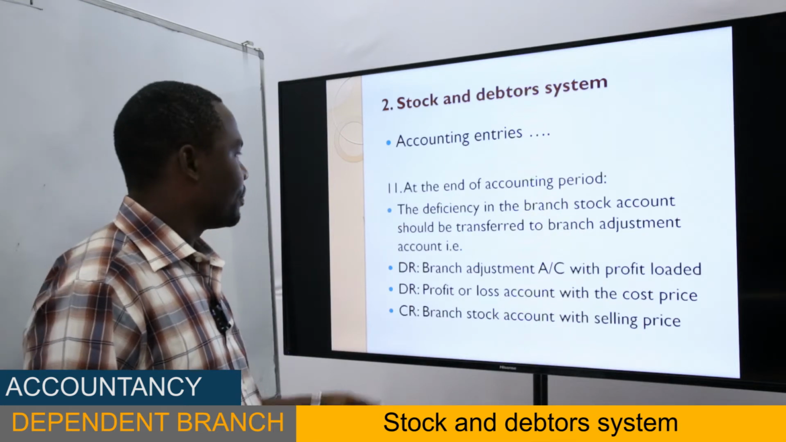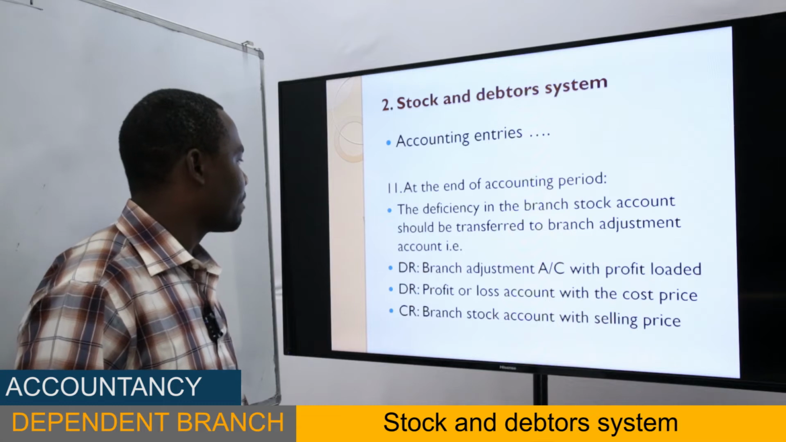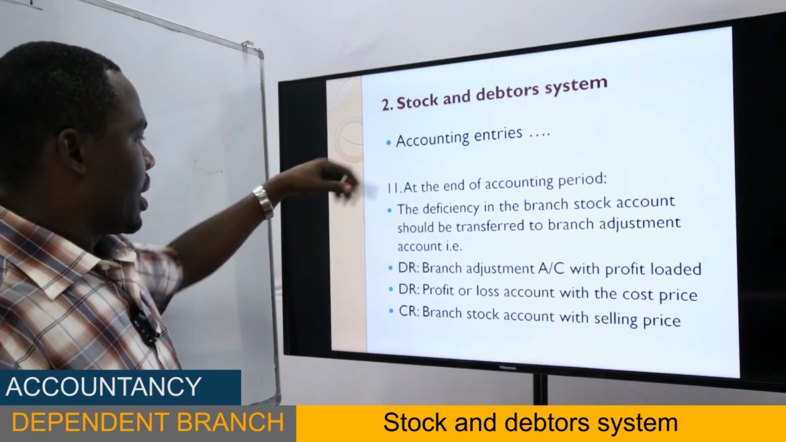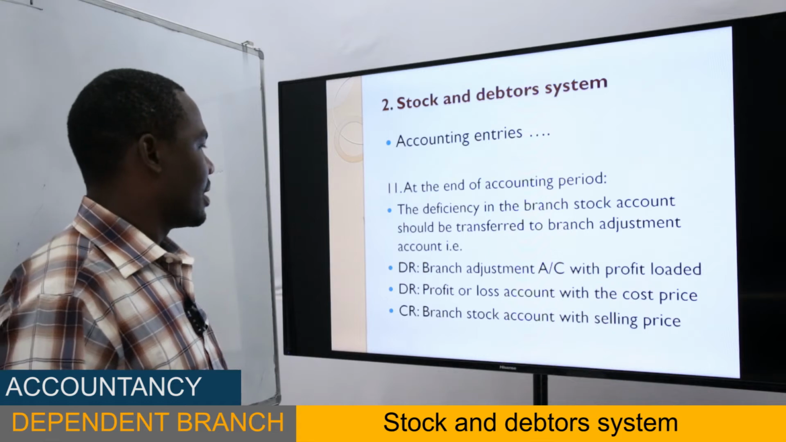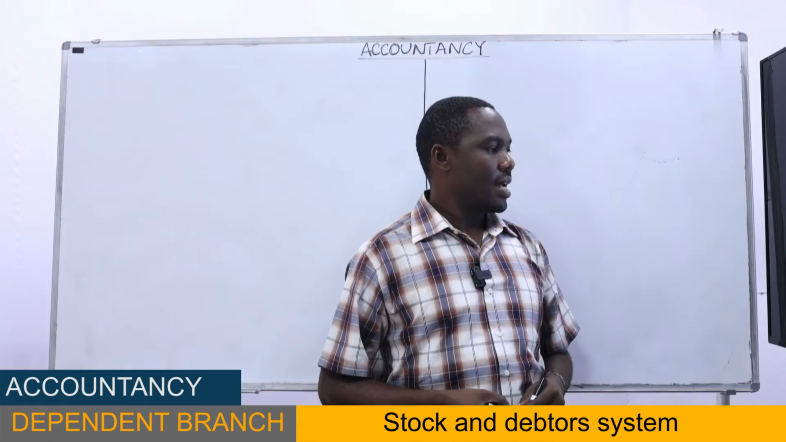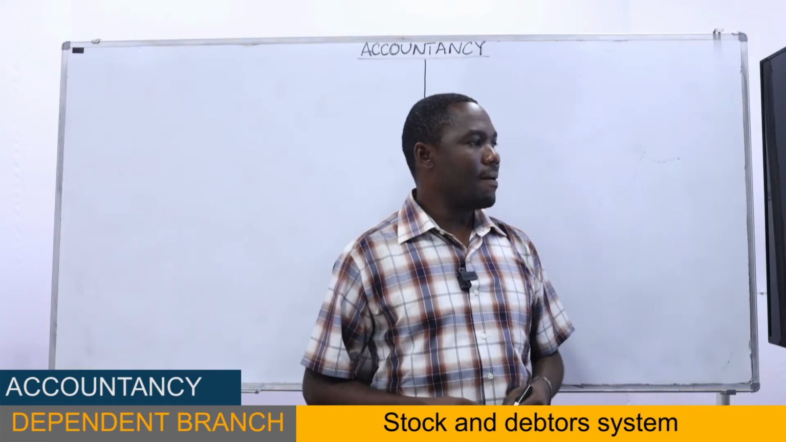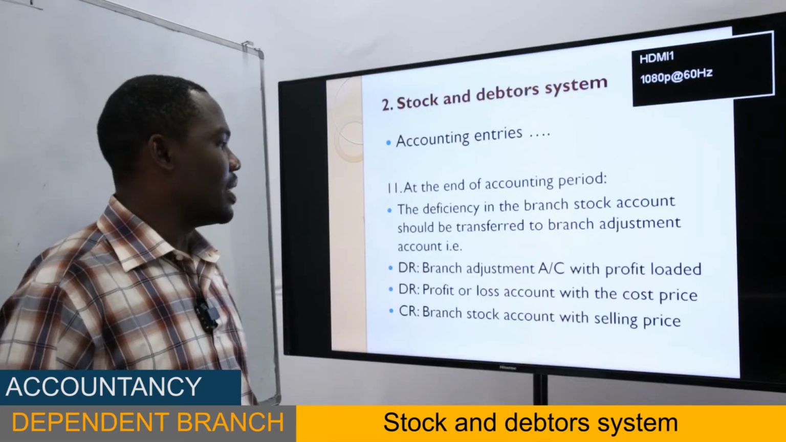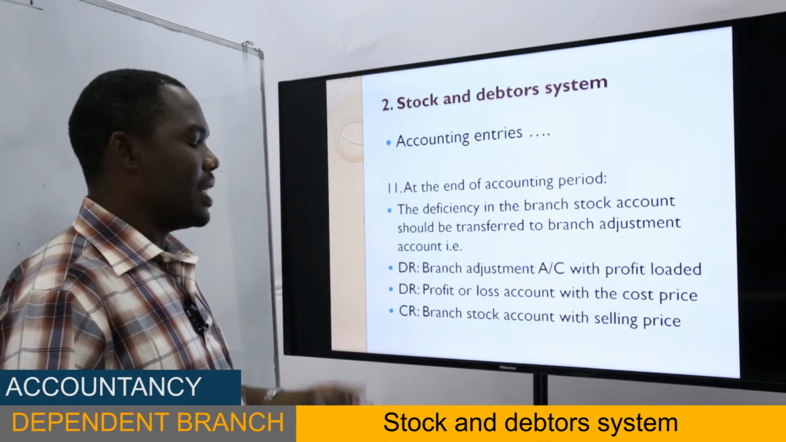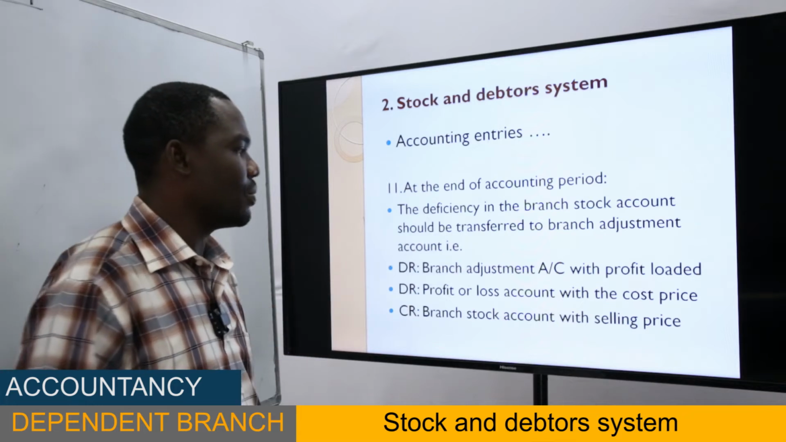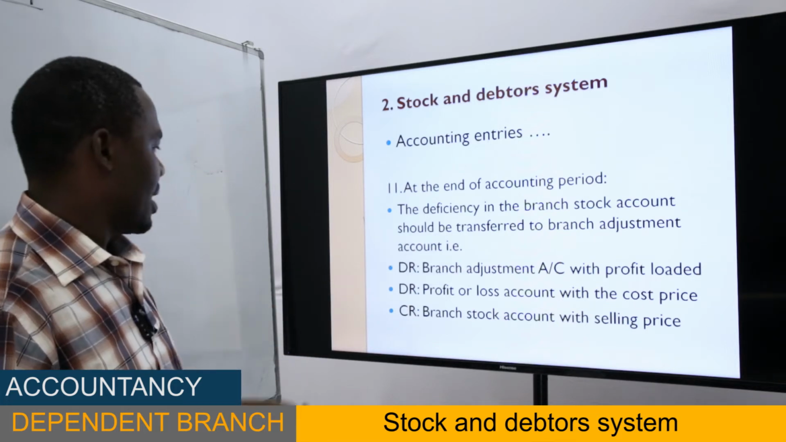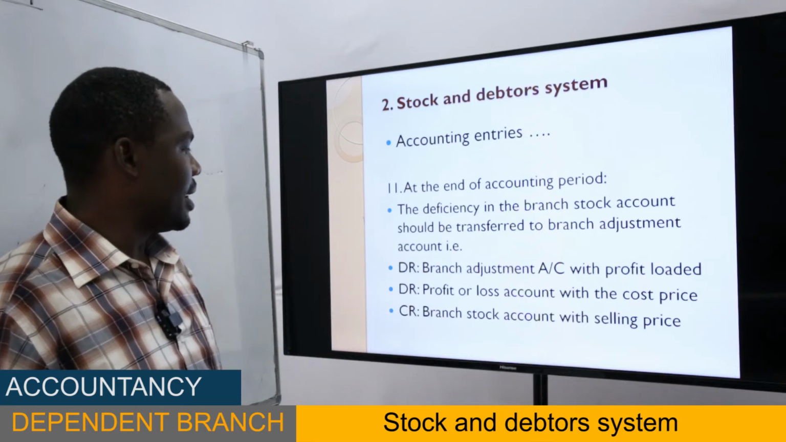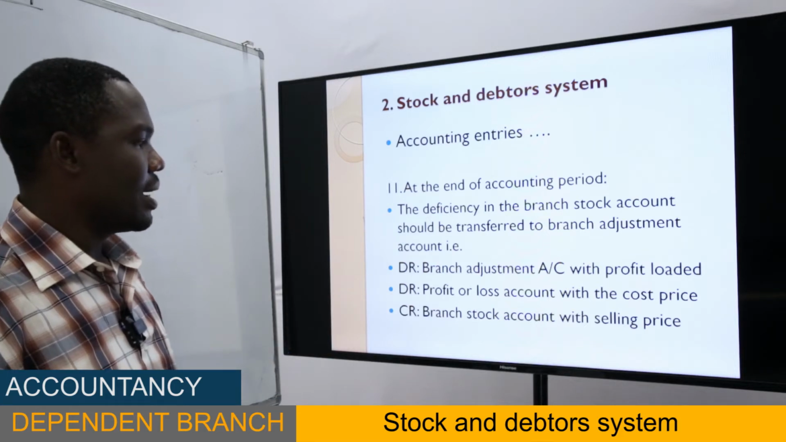At the end of the accounting period, if there is any deficiency in the branch stock, it should be transferred to branch adjustment account. How is this transferred? We do this entry by debiting branch adjustment account